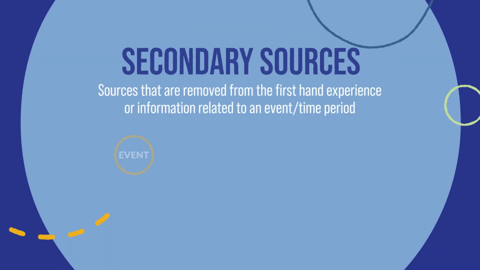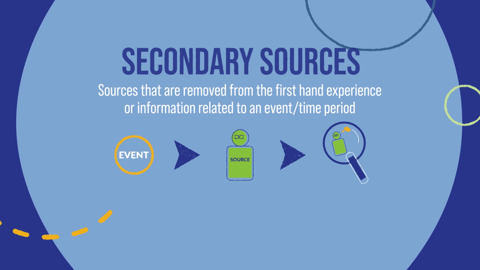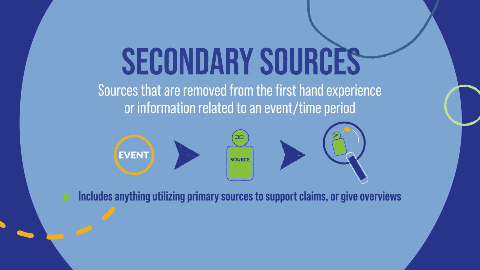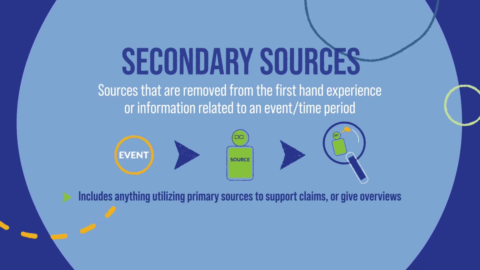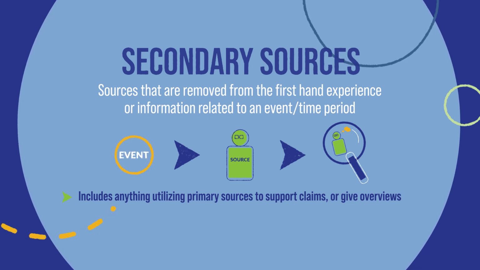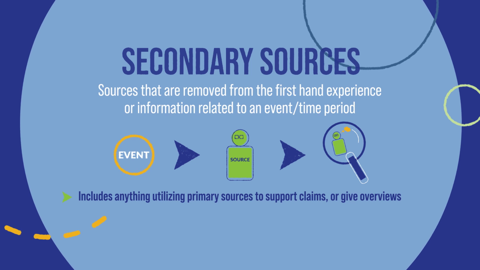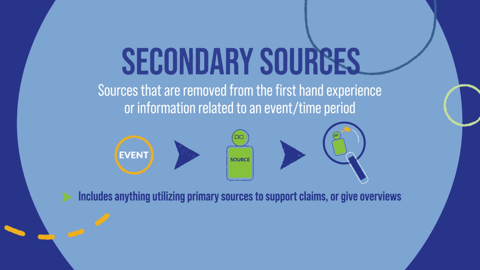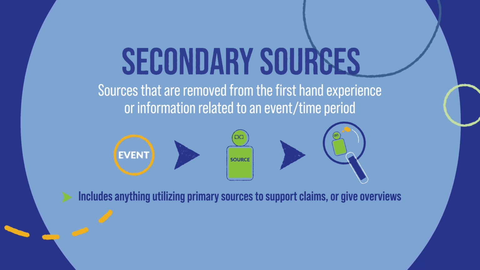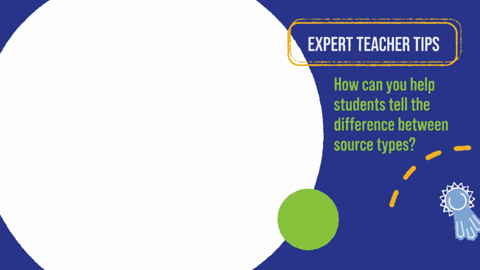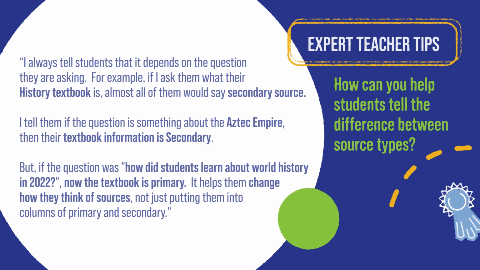Secondary sources are those that are removed from the first-hand information. This includes anything that uses a primary source in aggregate or to make an overview, including textbooks and encyclopedias. It also includes anything that makes an argument using the primary sources, such as a journal article and a historical book. We asked an expert teacher how she describes the difference to students, and she said, "I always tell students